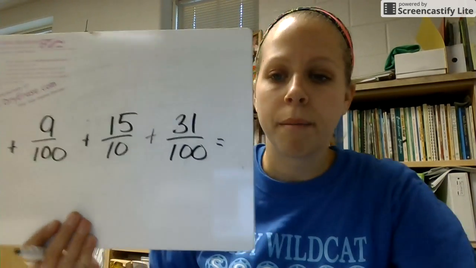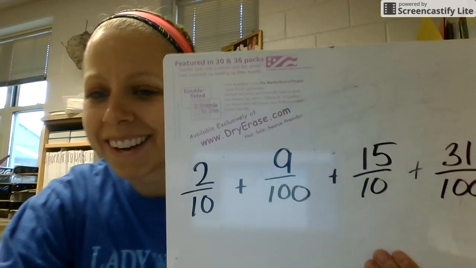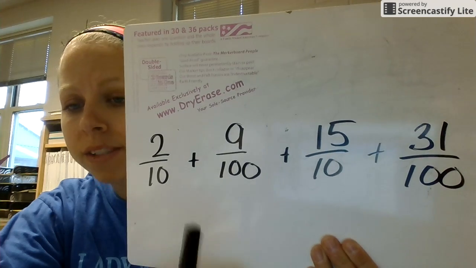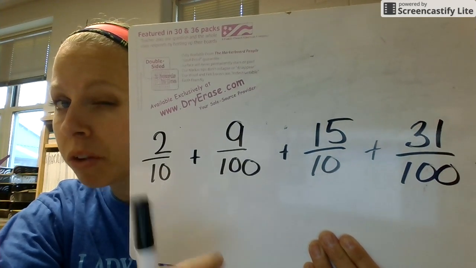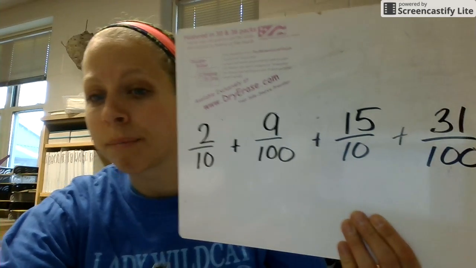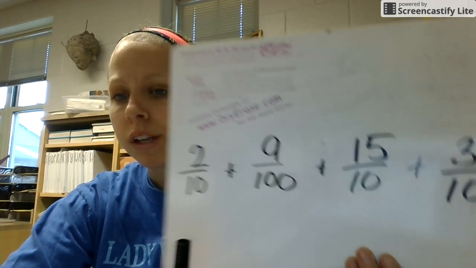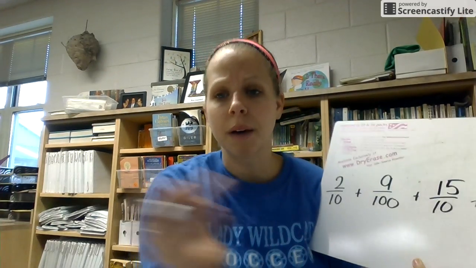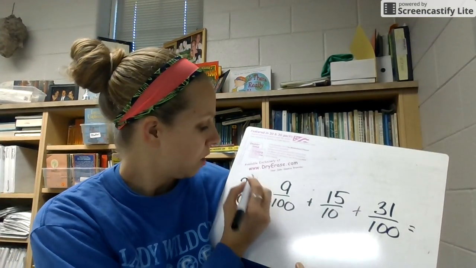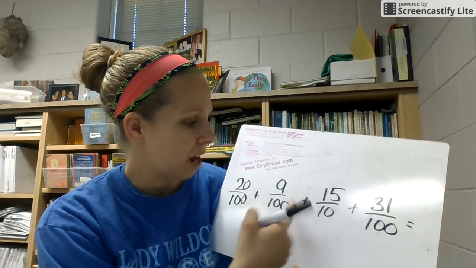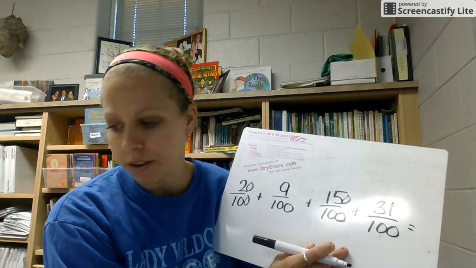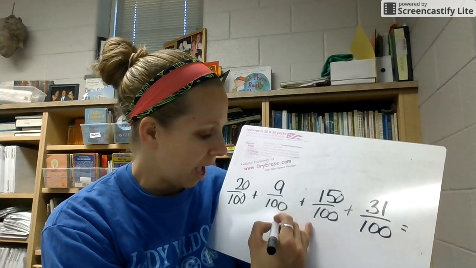Now let's say we have a problem where you have more than one number you're adding. This is just a matter of taking your time and paying attention. Some of you really struggle with paying close attention to details. Right here you can see 2 of my numbers are tenths and 2 of my numbers are hundredths. In order to do this, I want to make sure all of them are hundredths. So I'm going to make 20 one-hundredths, 9 one-hundredths, 150 one-hundredths, and then I have 31 one-hundredths. When I add that all together,